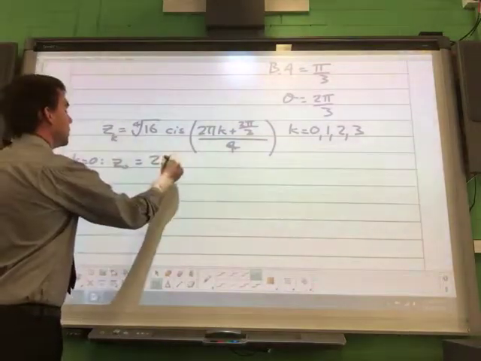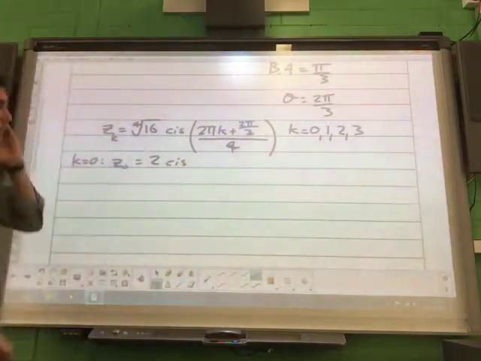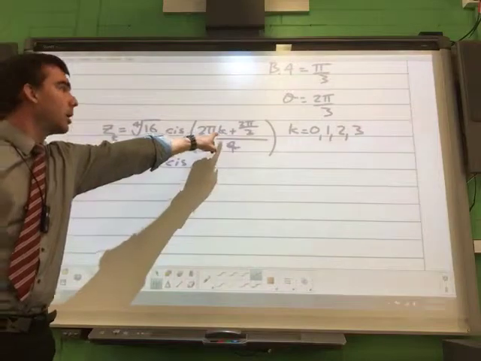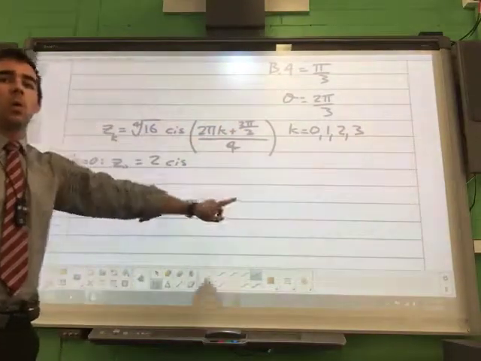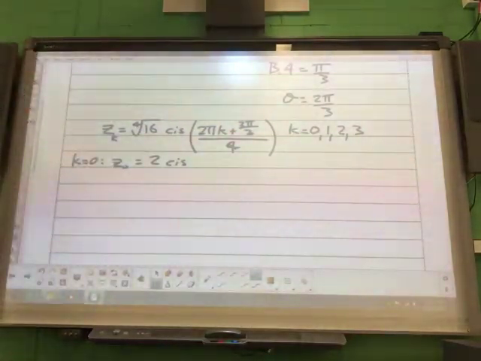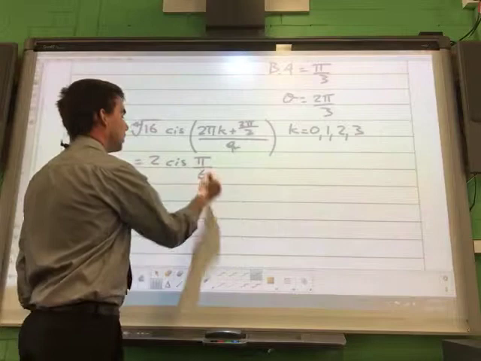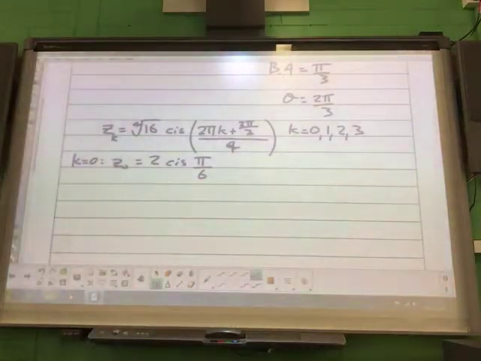Is equal to 2 cis, so 2 pi k, k is 0, we get 2 pi on 3, over 4. So 2 pi on 12, so pi on 6. So that's where the first one is, and then each successive one after that will be a separation of 90 degrees, or in other words, we multiply by